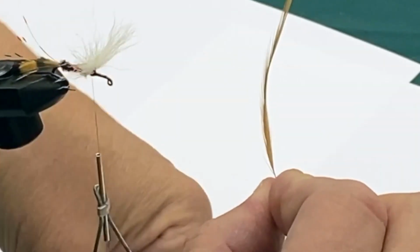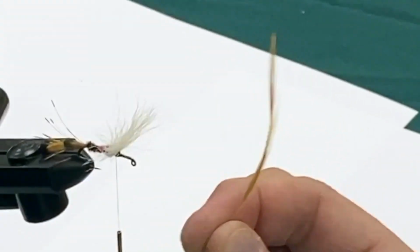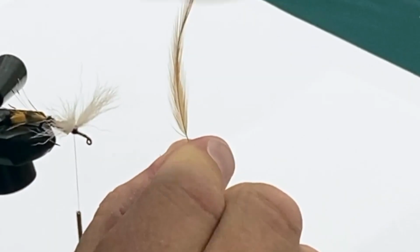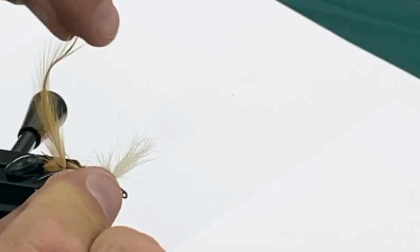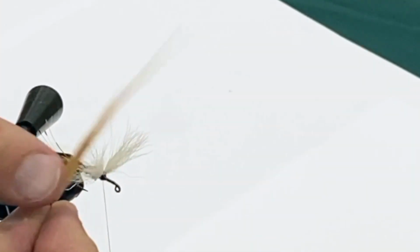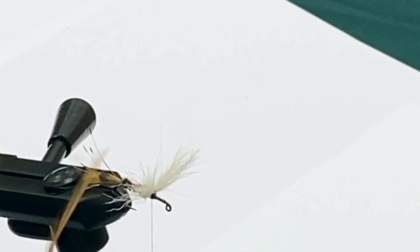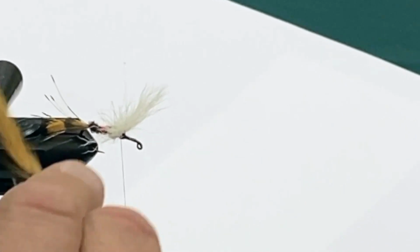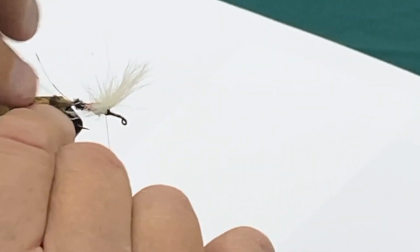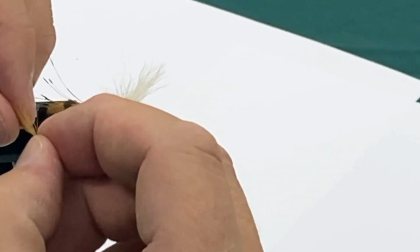Now, a little trick when you're tying a dry fly is you see the feathers have a curve. In this case, it curves that way. If you turn the feather this way, it curves that way. For dry flies, you want the feathers to be facing that way. So when you wrap this around the hook, each little strand of feather is going to be pointing forward, and that helps the fly float, and it also looks like insect bug legs on the water from underneath when the fish see that. So we want to make sure that these two hackles, when we tie them on, are curving forward when we tie them on. So again, we just take the two little base stubs of the feathers that we stripped off,